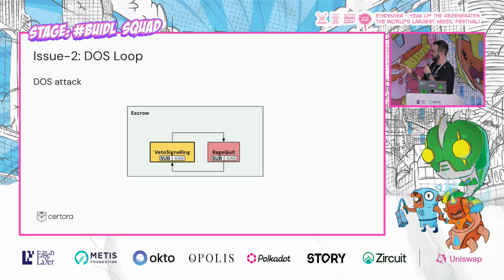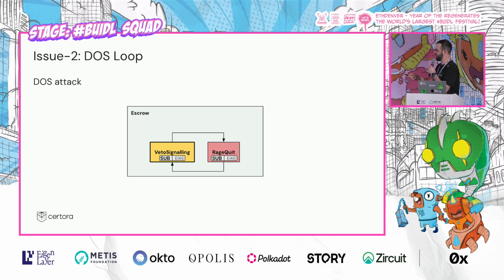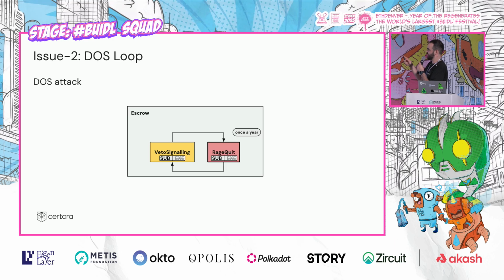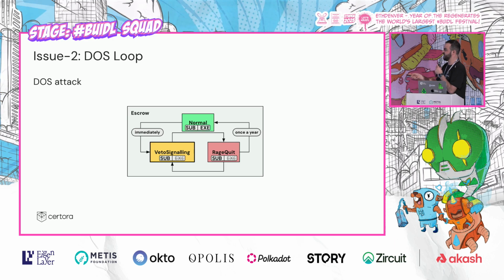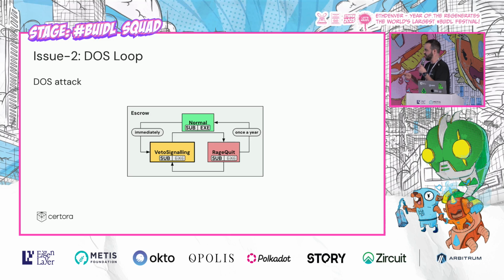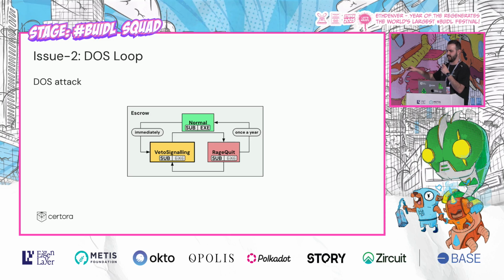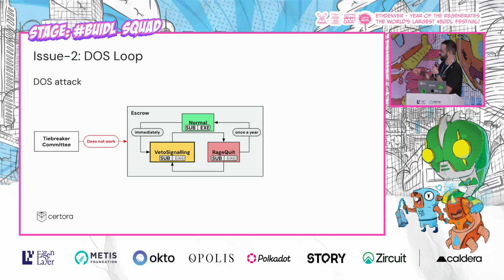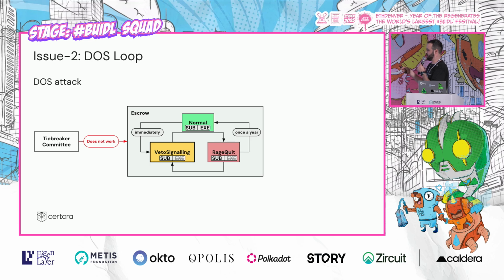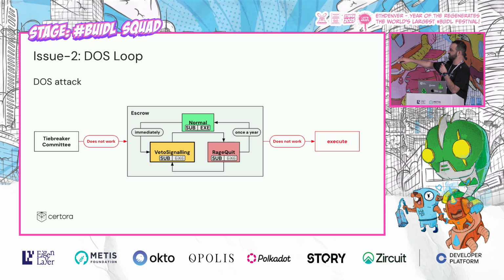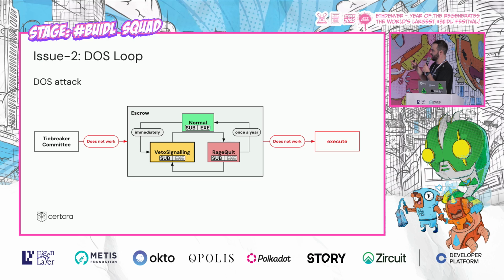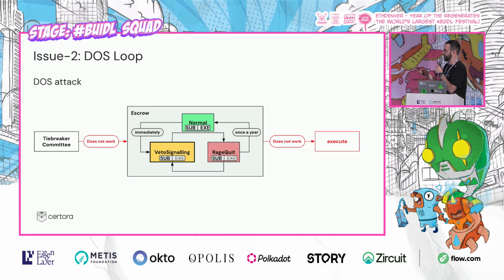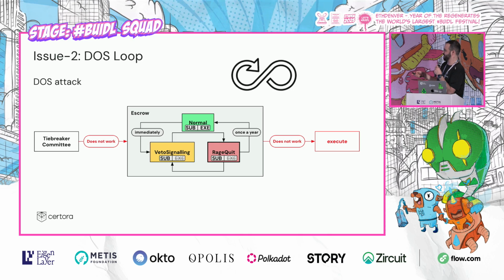Okay, great. So now what is the problem with this? We have the veto signaling, rage quit, of course. Now, once a year, we go to the normal state instead of going back to veto signaling and immediately going to the veto signaling state. This breaks the streak of non-execution states, which means that we are not allowed to call the tiebreaker committee to help us to execute proposals, because we were transitioning to a mid state of normal state, which means that now the streak is broken and we could have executed, but we haven't. Of course, we can do this forever. So how do we solve this?